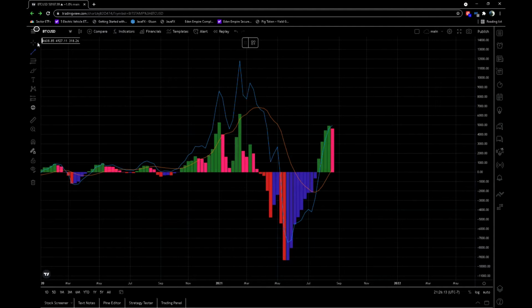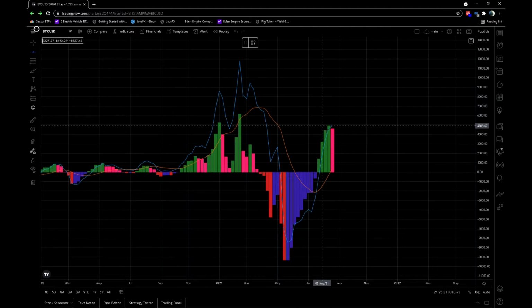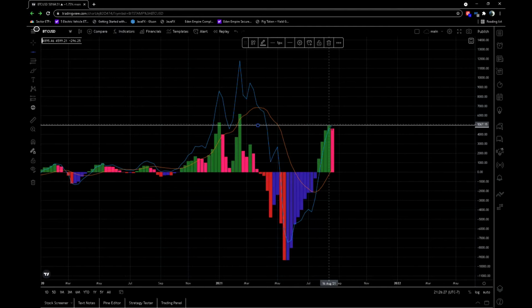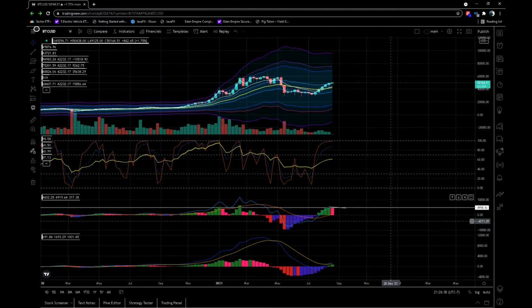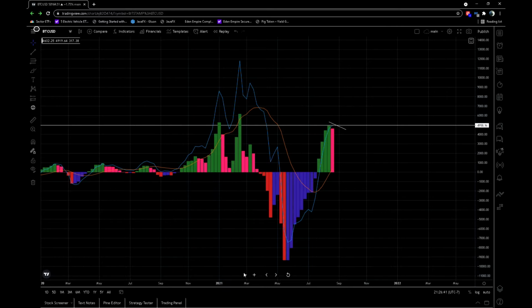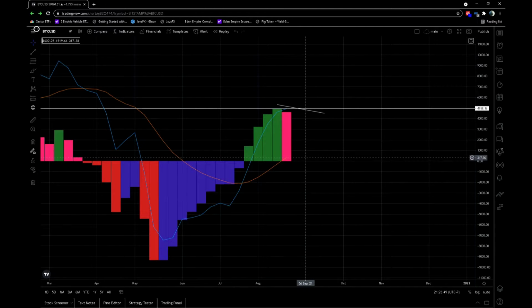So we do have the, let's get a ray, actually a horizontal line. So we do have that peak there on that histogram, the green histogram, this bar, but I'm just drawing it here. And we did close closer to negative infinity, so we have some negative slope there. We have drifted far away from the zero line at that point. So the zero line's down here somewhere. You can see we did drift away. It's around, can't see that perfectly, but I think it's around there. So we did drift away.